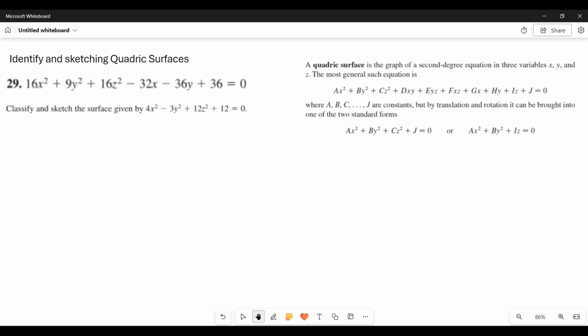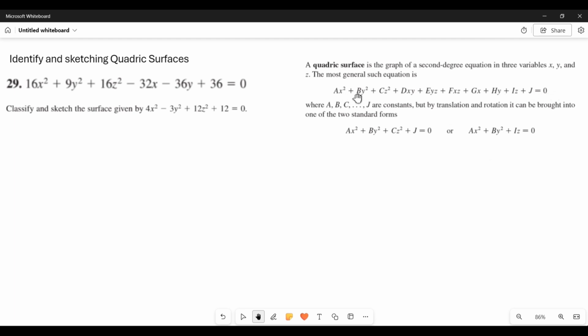Okay, so today we're going to be talking about identifying and sketching quadric surfaces. So, what is a quadric surface? A quadric surface is just a type of surface in 3D space, and its general equation is ax squared plus by squared plus cz squared plus dxy plus eyz plus fxz plus gx plus hy plus iz plus j